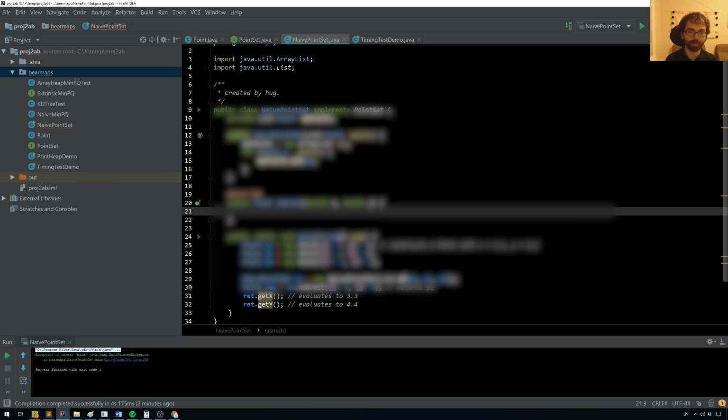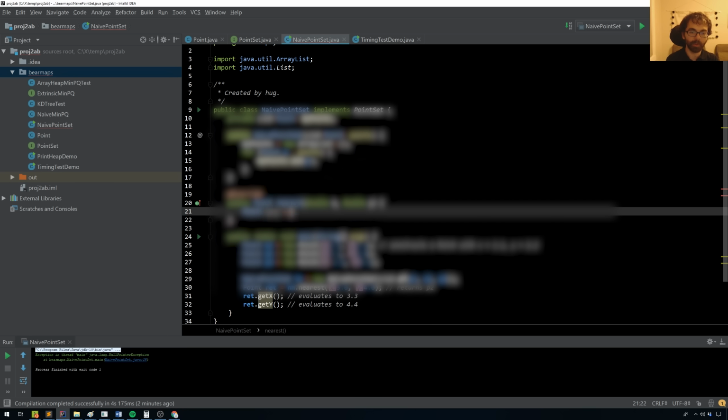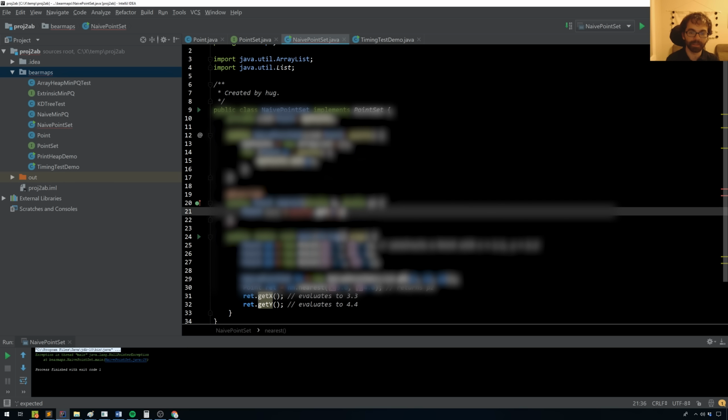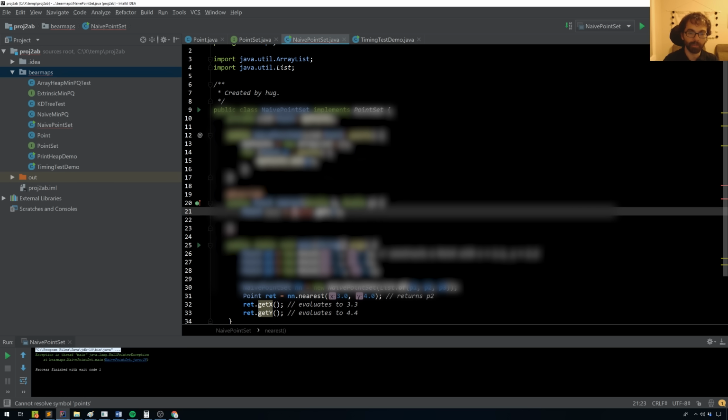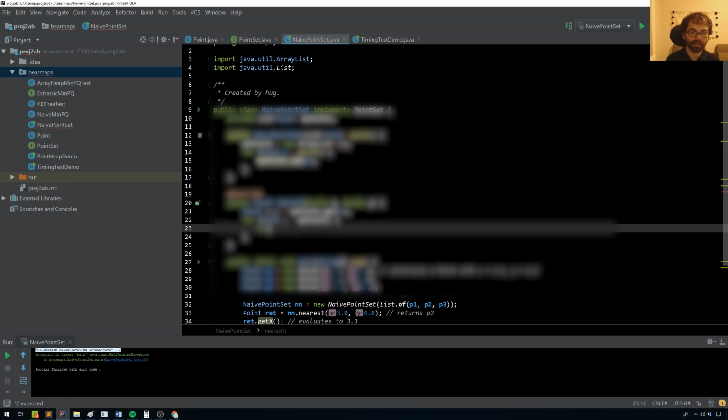So this is just the most basic pattern. I'm going to say point best equals, let's say, points.get. So I'm going to get the 0th point. That's my points.get(0). I set best equal to it, and now I'm just going to iterate through all the points. For point p in my points, if